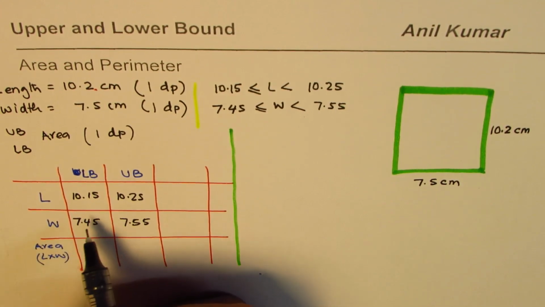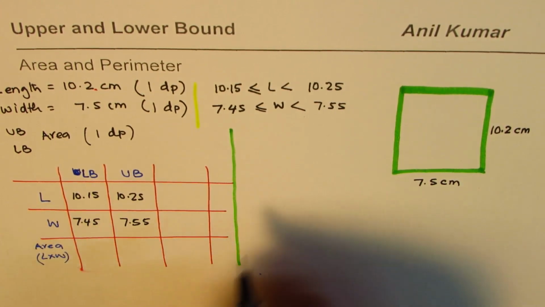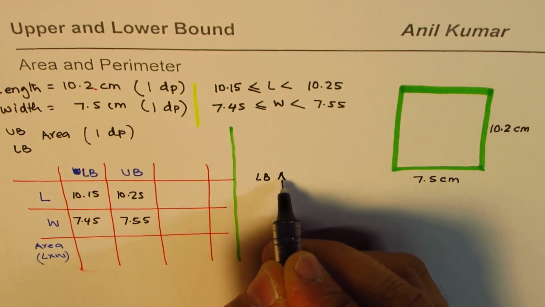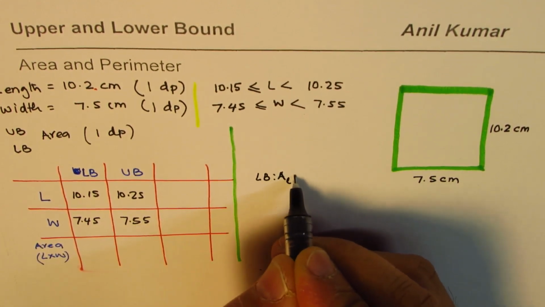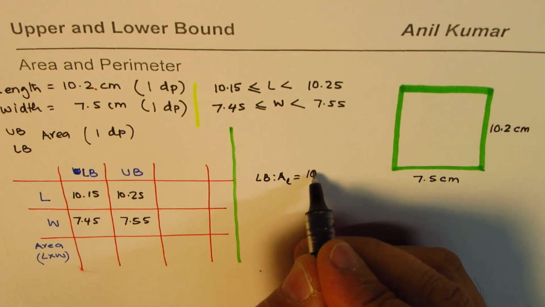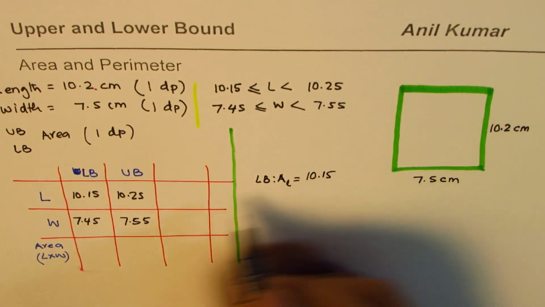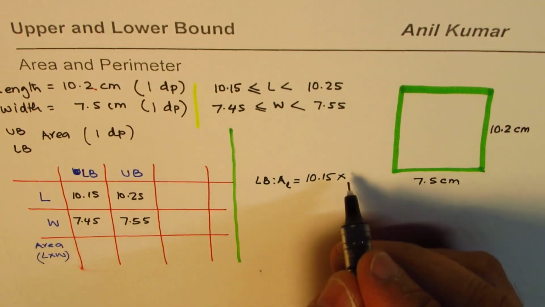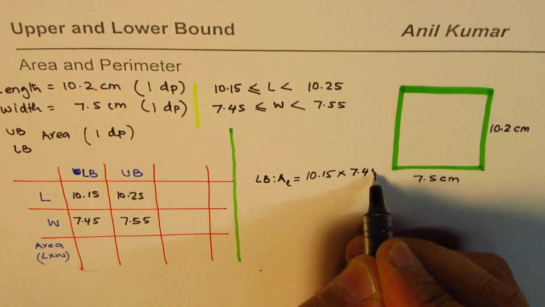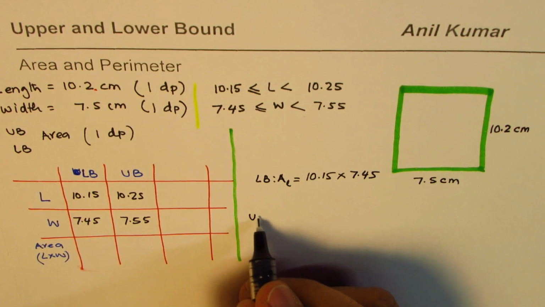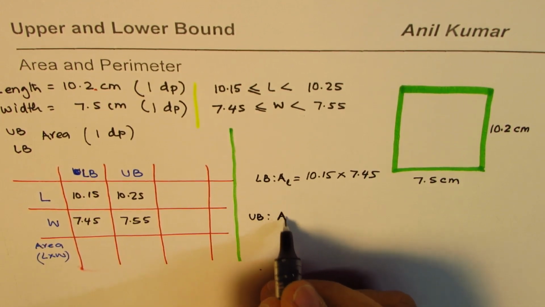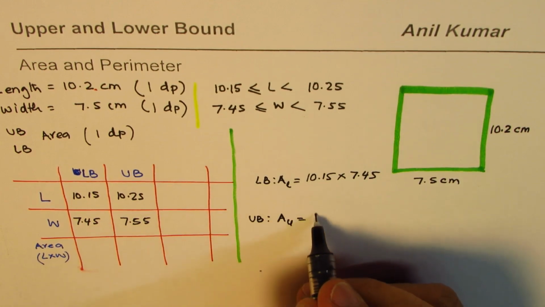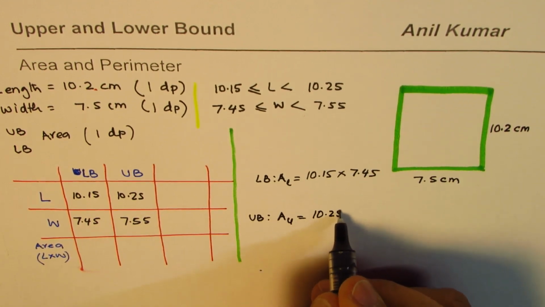Is that okay? So we'll say lower bound area, let's say AL, will be equal to 10.15, the lower values of both, right? That is going to give us the least area, times 7.45. And for the upper bound area, AU, you have to consider both high values, right? 10.25 times